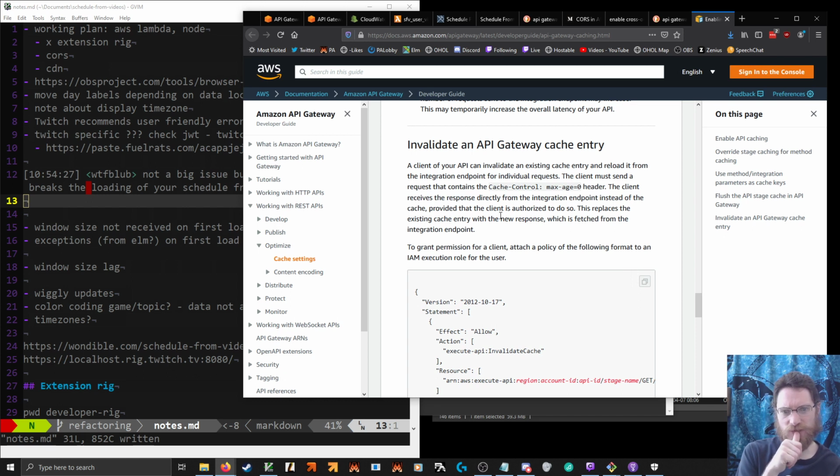A client of your API must set cache control, max age, provided the client is authorized to do so.